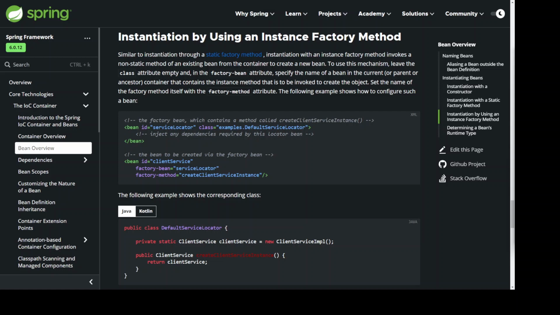The factory bean, which contains a method called createClientServiceInstance. Inject any dependencies required by this locator bean. The bean to be created via the factory bean. The following example shows the corresponding class. public class DefaultServiceLocator { private static ClientService clientService = new ClientServiceImpl(); public ClientService createClientServiceInstance() { return clientService; } }